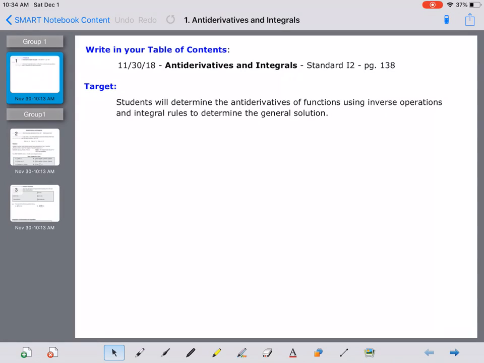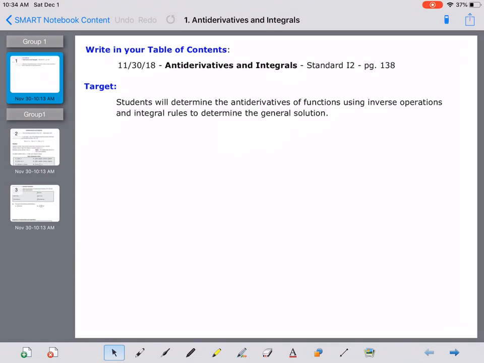This video is going to cover antiderivatives and integrals. Antiderivatives are just the inverse operation of a derivative, and integrals we'll talk about a little bit, the vocabulary and what each one of those means, in a minute. But for the target, students will determine the antiderivatives of a function using inverse operations and integral rules to determine